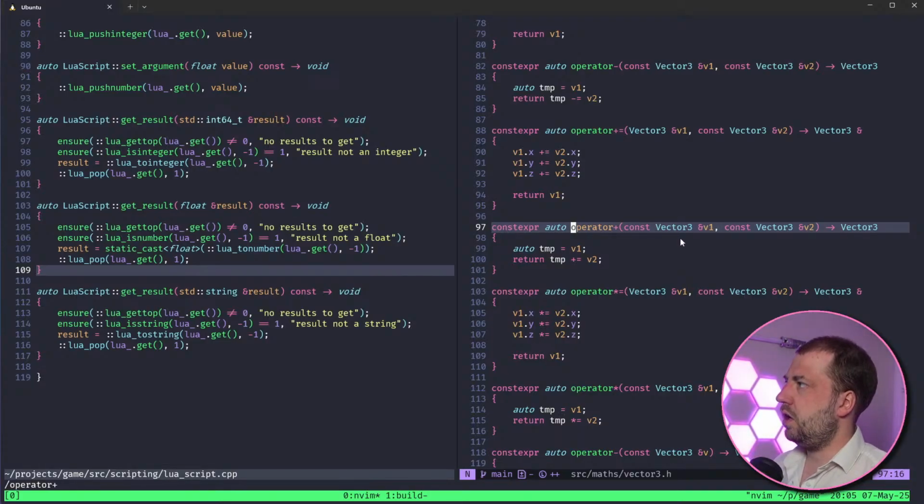I think it was mentioned to me last time, we probably want a bit better debugging within Lua script. We will probably want to at least be able to dump the Lua stack, because if there's an issue, we're going to want to be able to inspect that. So what I was thinking was